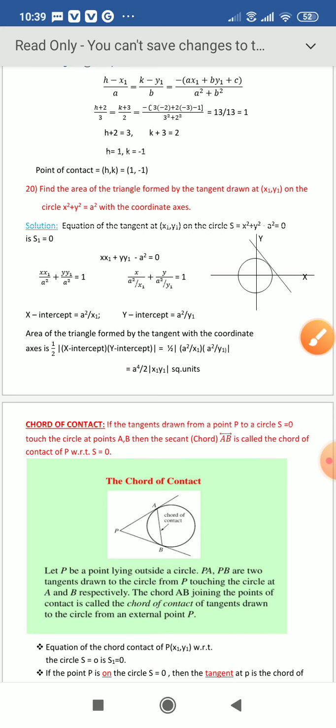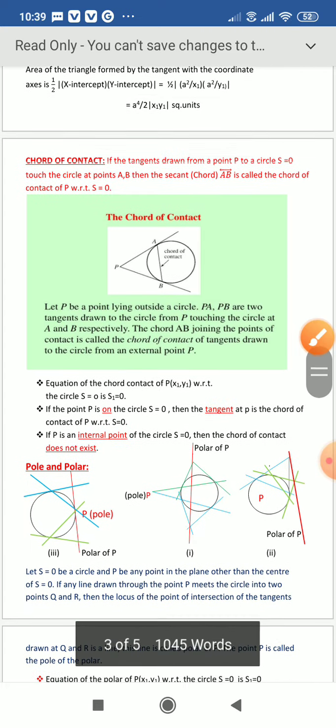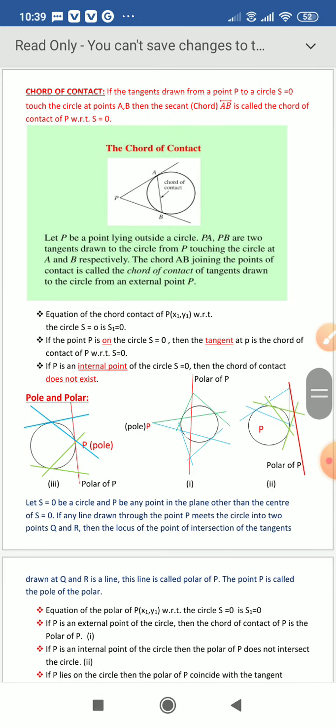Okay. Now we discuss another important concept, that is chord of contact. This is also given in IPE 2020, a 2 marks problem, but above 90% of students did not get 70 by 75. Because in IPE 2020, this problem was given: define the chord of contact, simply asking the definition, and find the chord of contact of a given point with respect to the circle S equal to 0.